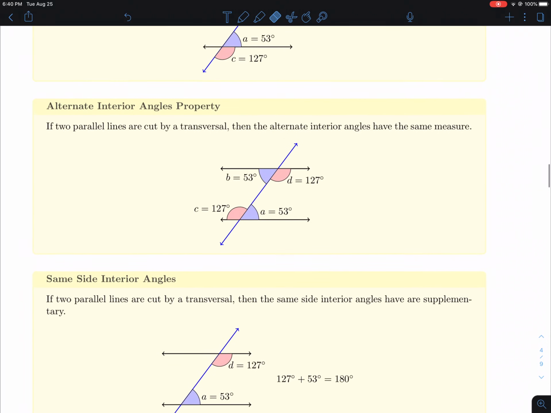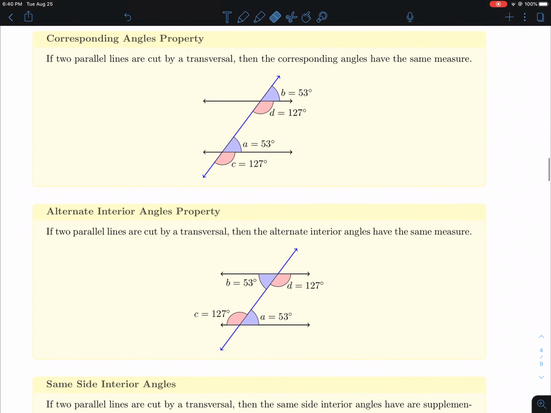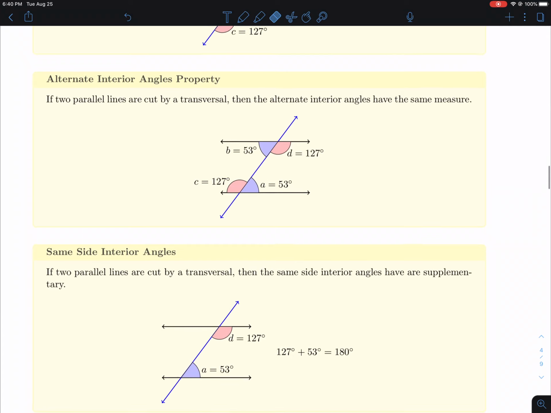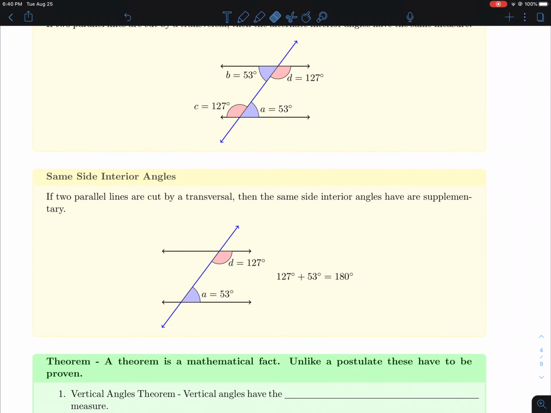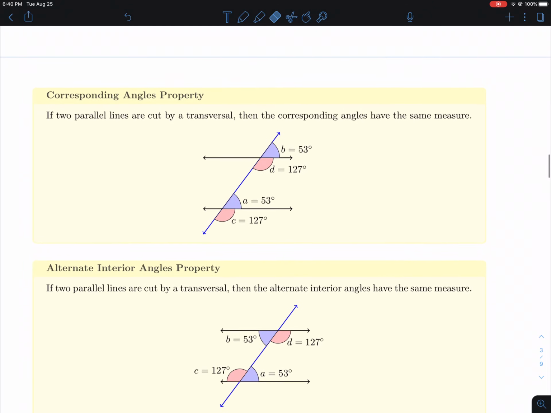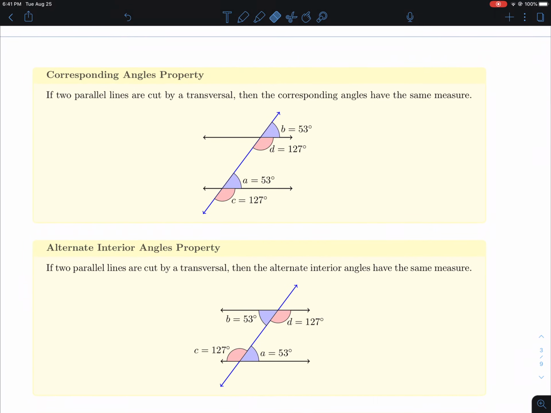All right. Hopefully everybody was able to get the definitions written down. So the first thing we want to talk about, and this is going to come in handy when we're doing some problem solving stuff, are these three properties: the corresponding angles property, the alternate interior angles property, and the same side interior angles property. Remember, corresponding angles are going to be the angles that kind of